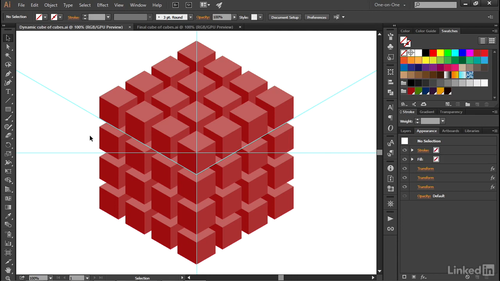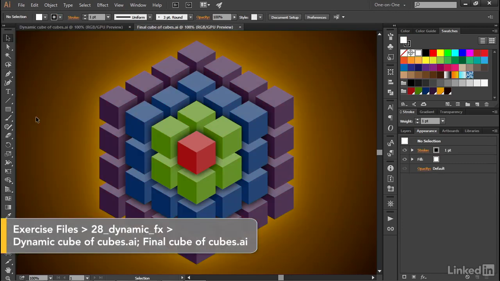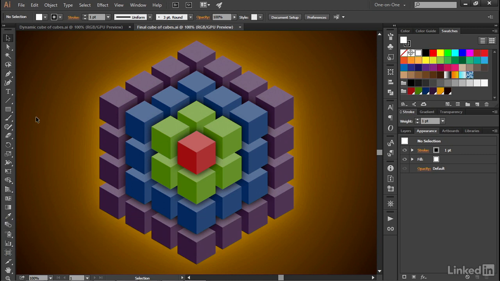All right, now the downside of working dynamically here is all of the duplicates are, of course, clones of the original right here, which is to say they're all colored the same. What I want is to color my cubes differently, which is why in this movie we're going to bust up the dynamic effect in order to gain control over the individual cubes. And you'll see, because we've set things up using tints of a global swatch, it's going to make the job